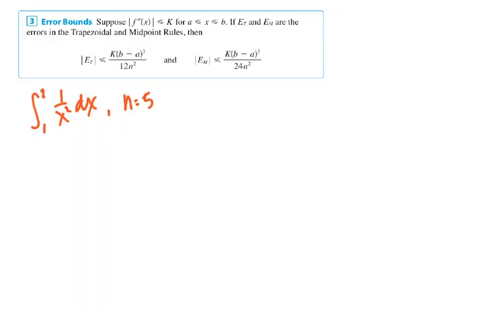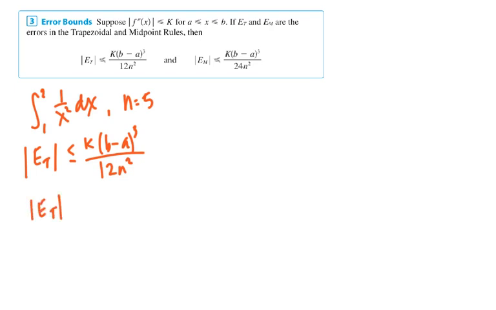So we're going to say the error with respect to the trapezoid rule is the absolute value of the error is less than or equal to k times b minus a to the third over 12n squared. So absolute value of e sub t is less than or equal to,